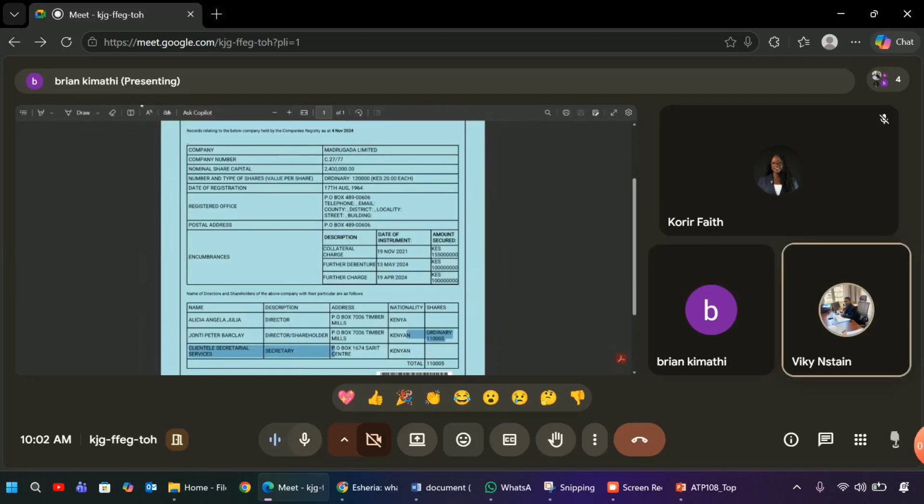Pengine, I have a question. What is the rationale of issuing out CR12s that are past 3 months? The rationale is,